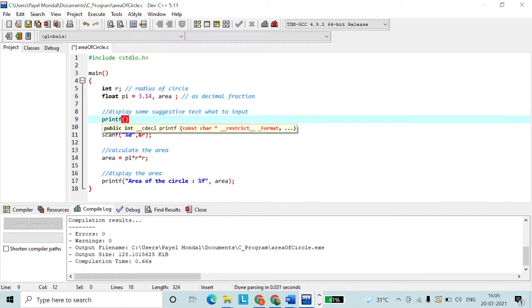Printf, not %d, "enter the radius of circle".